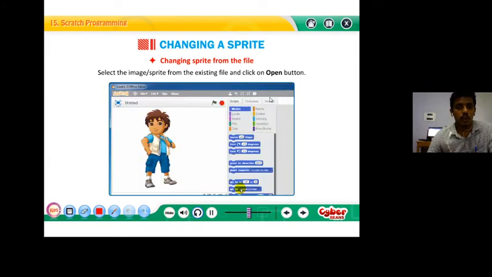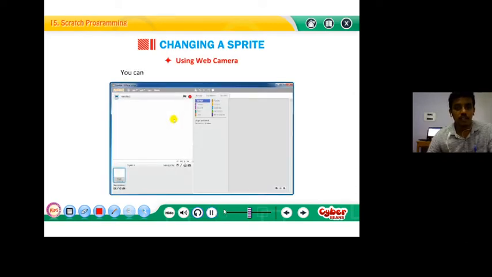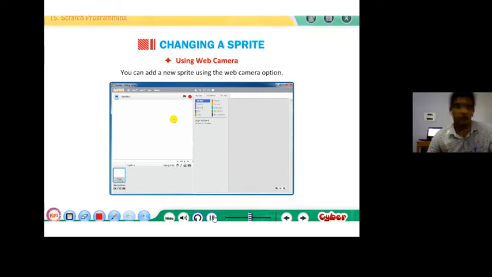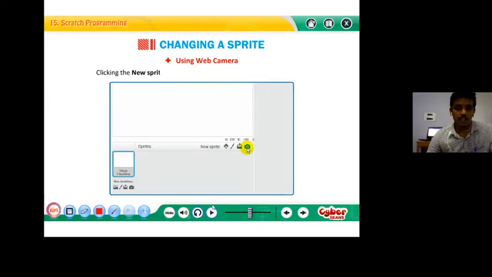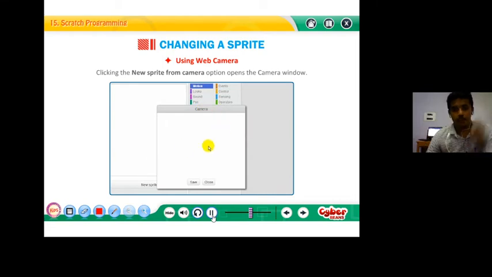So if you want anything apart from this, there's some Pokemon, where they took one sprite object from downloading from the website. Apart from this, the last option available is using the web camera. Yes, web camera, just the same way you got it in your backdrop, you get it from your web camera also. Now if you want to make your own photo as your own sprite, then you can make that also.